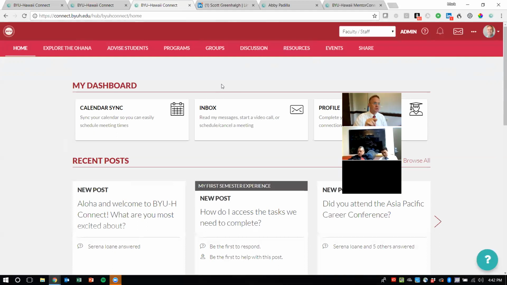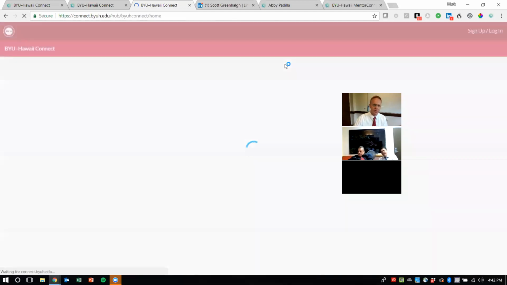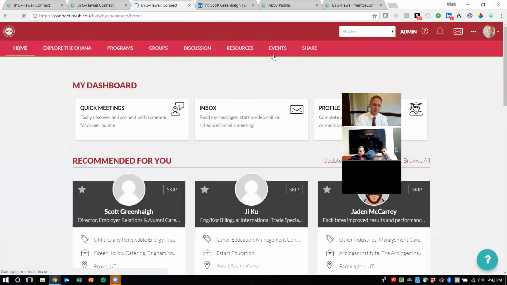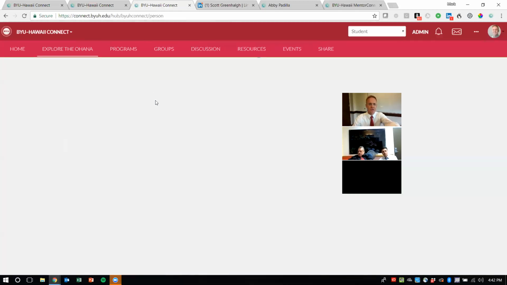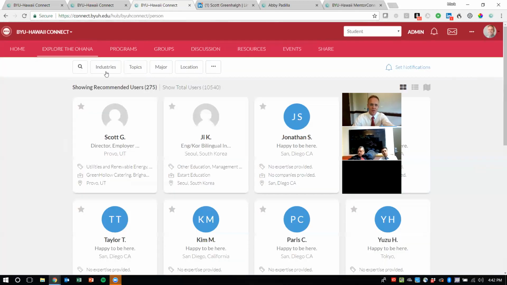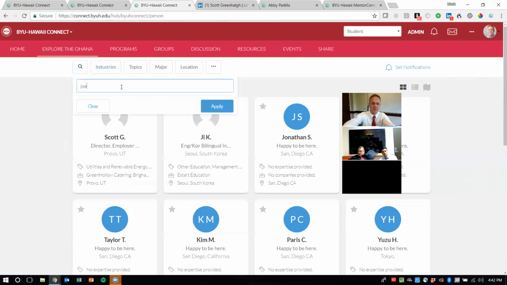They'll come in and use BYU-Hawaii Connect. There'll be a tab added for students here that will say schedule appointments or something like that. And advising, perhaps it'll say. And allow them to schedule appointments with us in a way that will look very much like the following. So I can't demo the whole thing, but I can show you what it would look like if they reached out to a faculty member who had already synced their calendar.